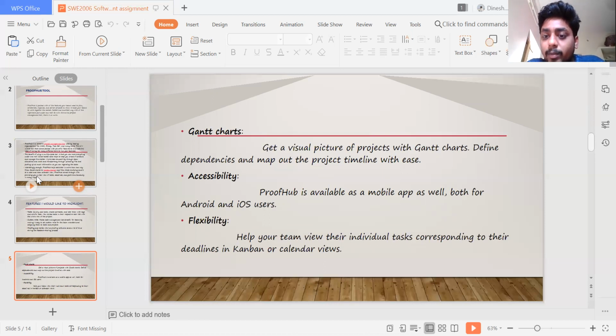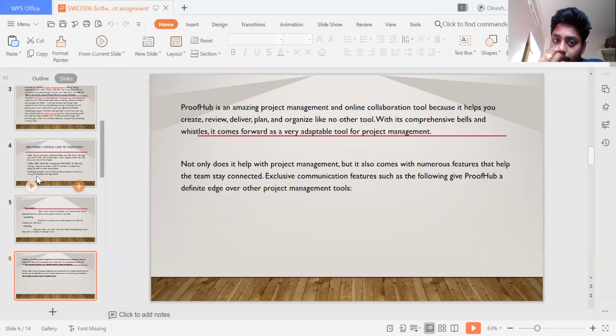ProofHub is available as a mobile app as well, both for Android and iOS users. It gives flexibility and helps your team do their individual tasks corresponding to their deadlines in Kanban or calendar views. ProofHub is an amazing project management and online collaboration tool,